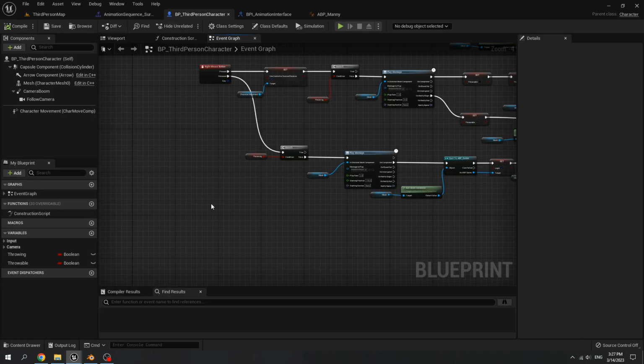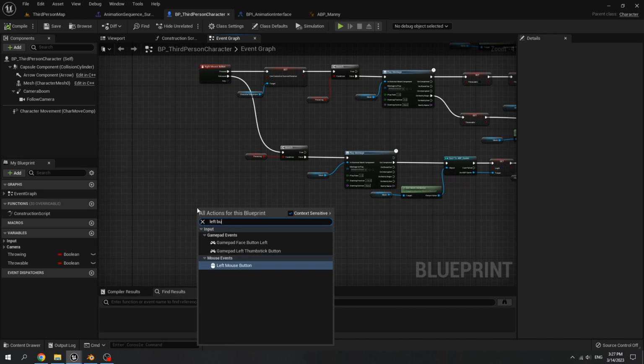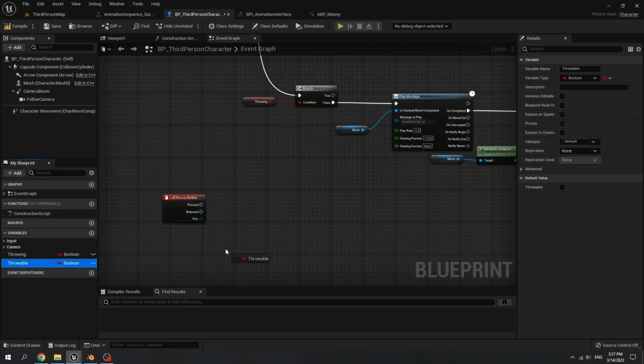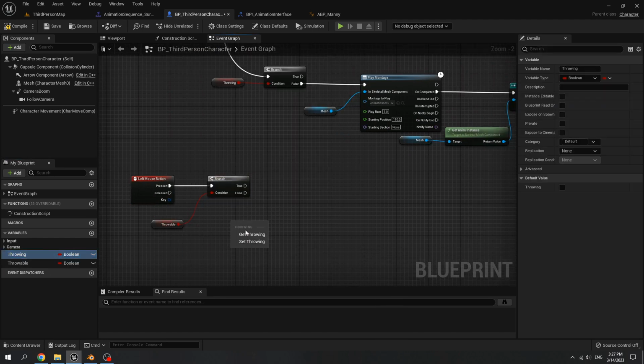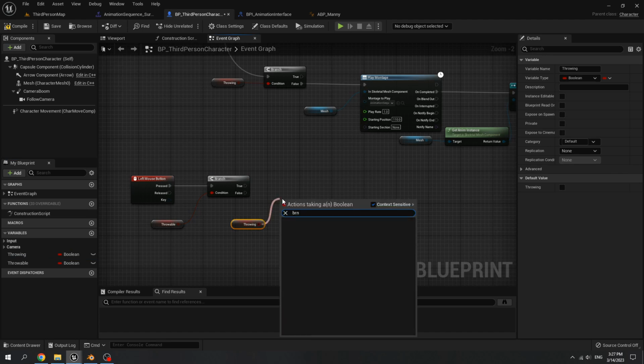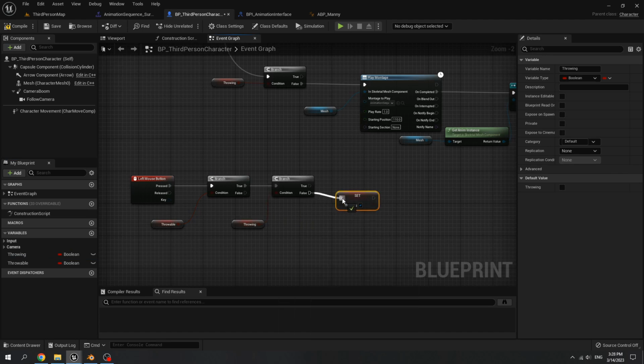Back to our third person character blueprint. Create left mouse button, get throw a ball, and create a branch. Get throwing, create a branch, and when it is false, set throwing to true.